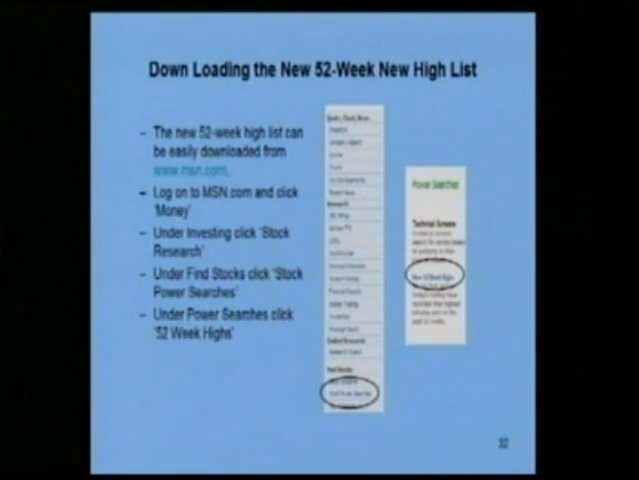Now, the 52-week high list is easily available on msn.com. If you just go to the stock analysis and select new 52-week highs, and we'll see